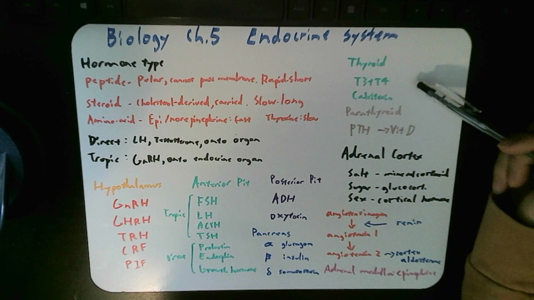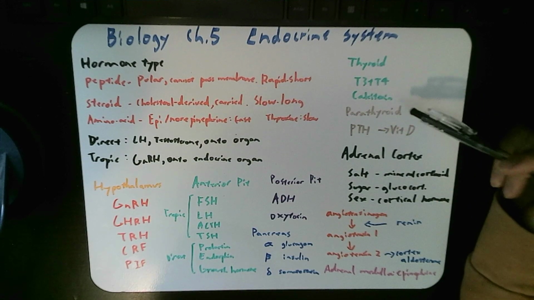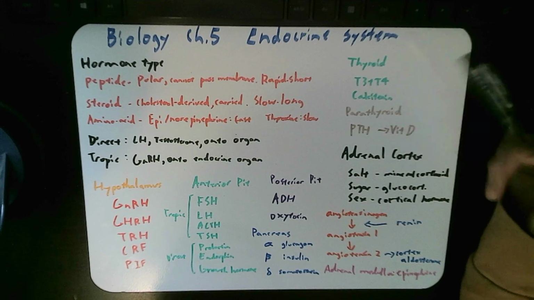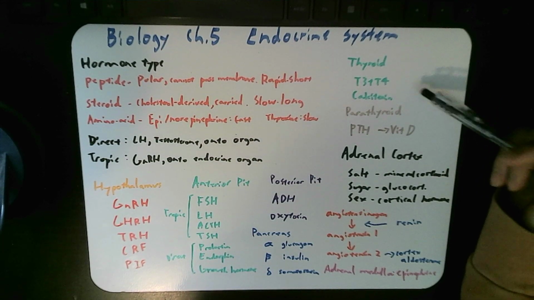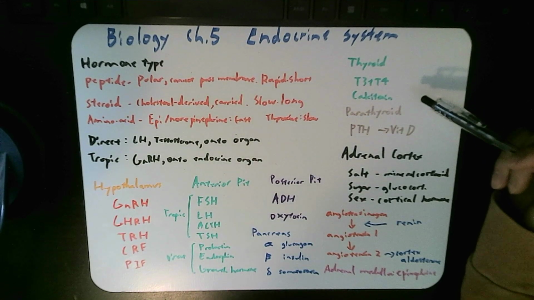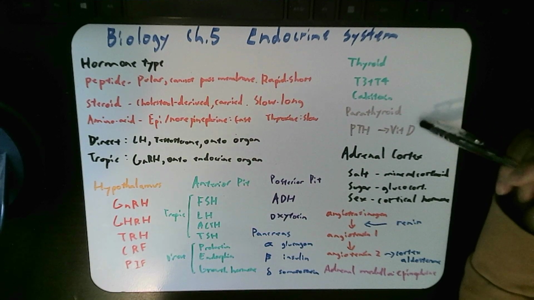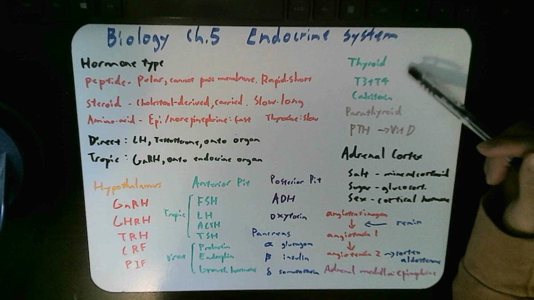For thyroid, the main action is to reduce the calcium in the blood, while parathyroid wants to up the calcium content in the blood. They work in opposing manners, so typically if you have too little calcium in the blood, you will gain more parathyroid hormone action and lower thyroid action.